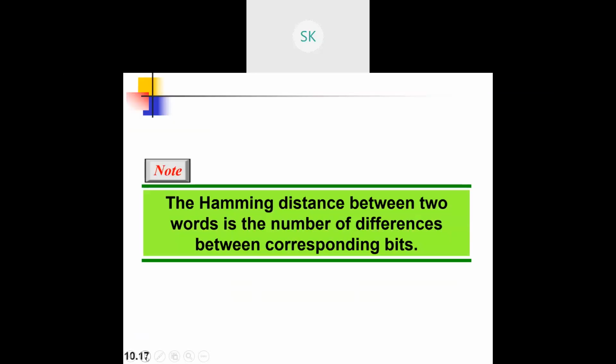Understood? So for identifying the errors, for accepting or rejecting, we use one particular metric called Hamming distance. What is this Hamming distance all about? It is a very simple thing. I'll give you a small example of how this Hamming distance works. First, I'll take a small example of words.